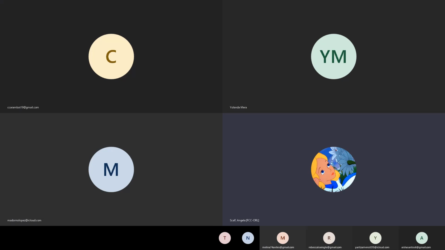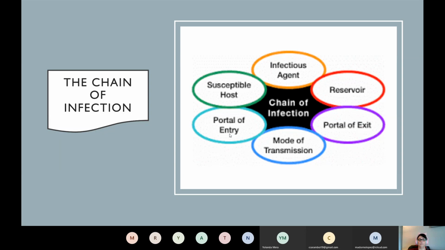Mode of transmission is what it's carried on. And portal of entry is how it gets into you. And susceptible host is the fact that people who are weaker or more susceptible are going to be more at risk. And there are also people called super spreaders, people who carry the virus, have no signs and symptoms, but are just spreading it all over the place. That applies to not just viruses, but to bacteria, to anything we're talking about as far as microbiology, okay?